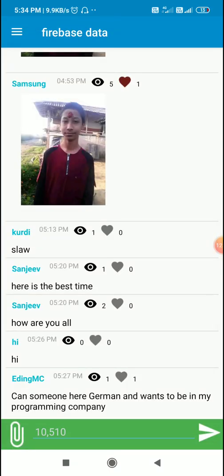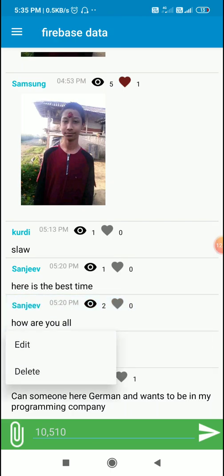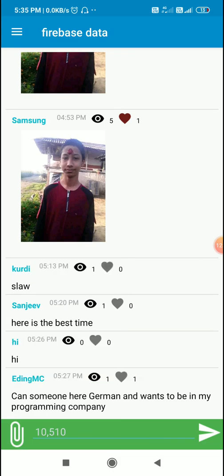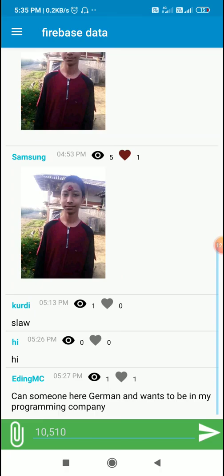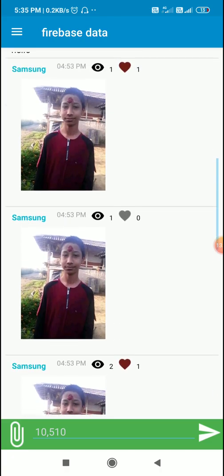In this app I am logged in as Sanjeev. Now if I press and hold on this it shows nothing, but when I press and hold on my post it shows edit and delete. When I click on delete it deletes my post. And if I press and hold on posts of others it does nothing.